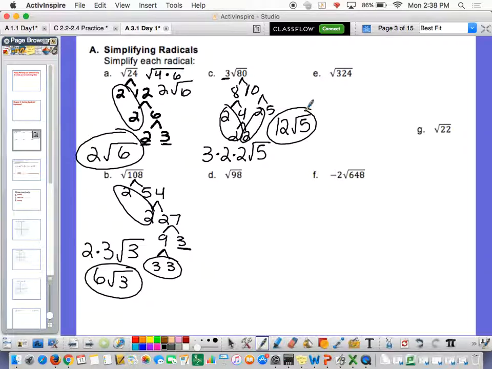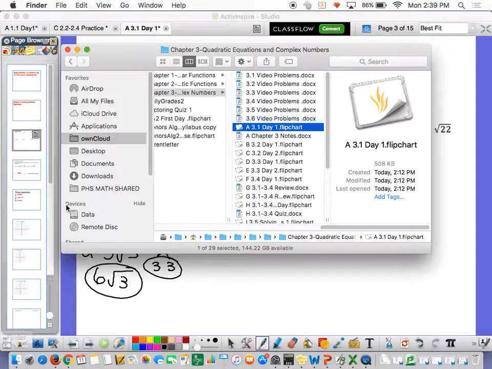Let's see. D is the square root of 98 here. Actually, your D is different. Your D is the square root of 324. So you don't have this one. My bad. I included some things that were a little different. That's okay. So you're actually working on the square root of 324. Now you could put it into your calculator. The reason why we're not plugging these straight into our calculator is if you notice, let me pull mine up here,